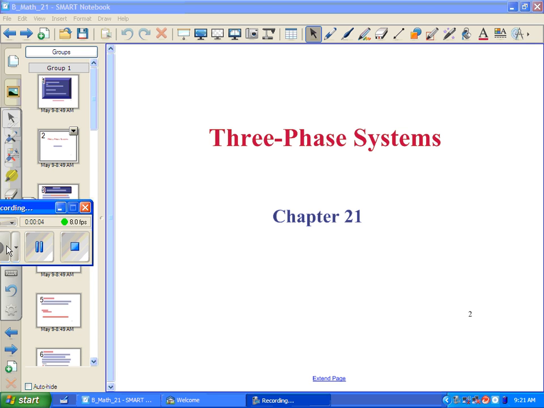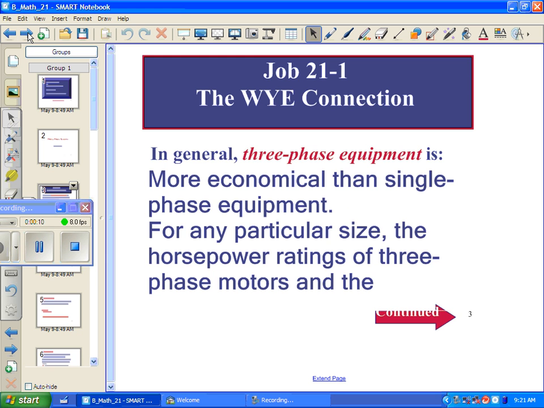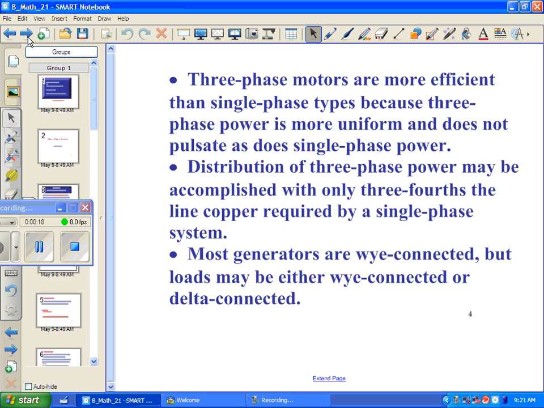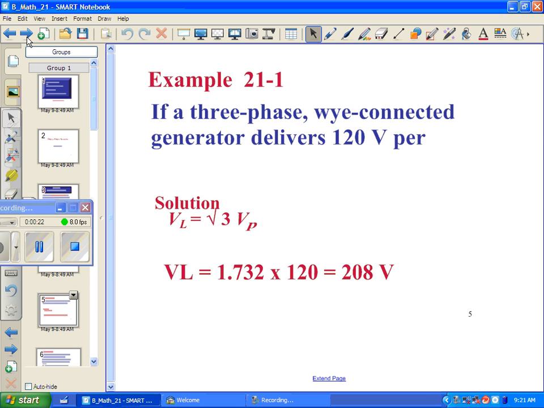And so we're going to talk about three-phase systems. In general, three-phase equipment is more economical. We've talked about that a bunch of times. More efficient than single-phase. We've talked about that several times already. And the main thing we want to talk about is